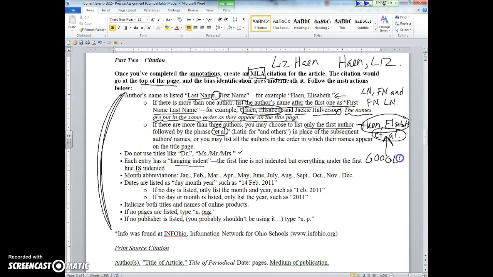Google how to do a hanging indent. The instructions will be there. There's even videos there. If you use Google Docs, there's a video. If you use Microsoft Word, there's a video. If you use Pages on a Mac, there's a video there. So hanging indents are the inverse of the paragraph, where there is no indent on the first line, but every other line after that, if there's more than one, there is an indent.